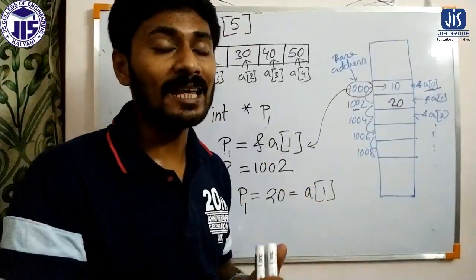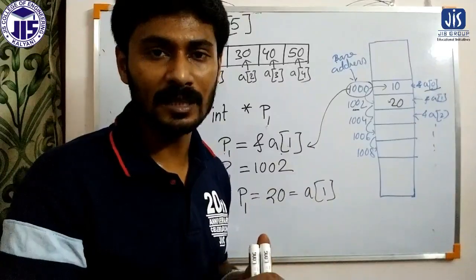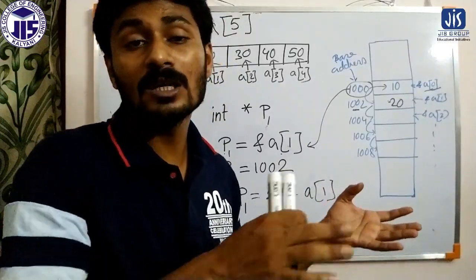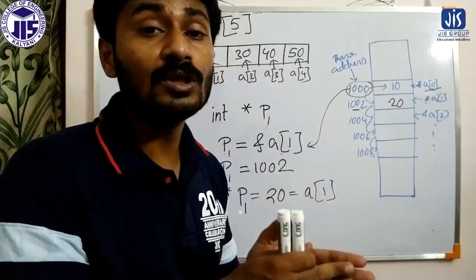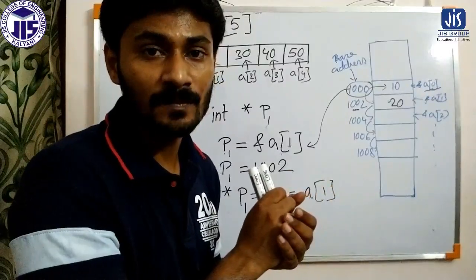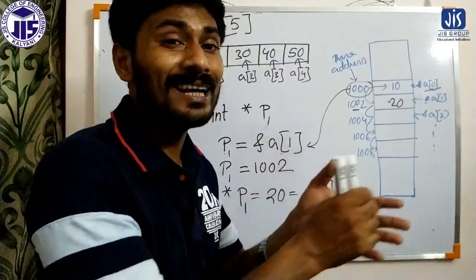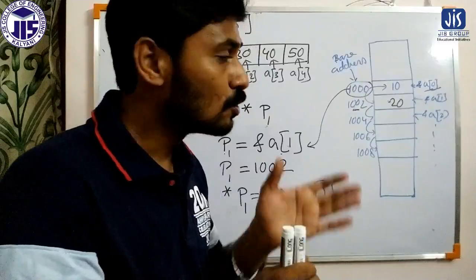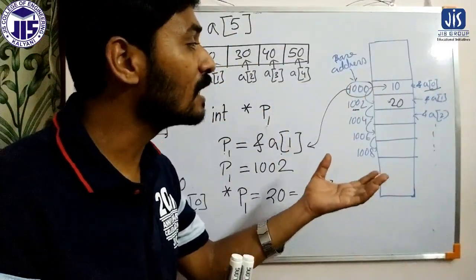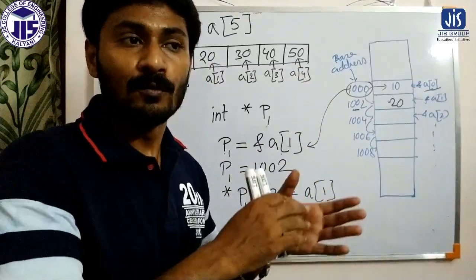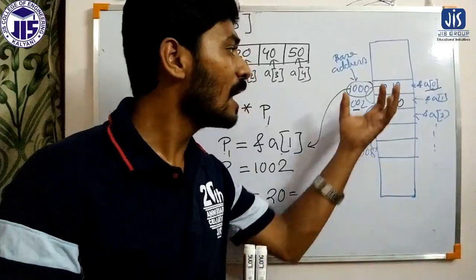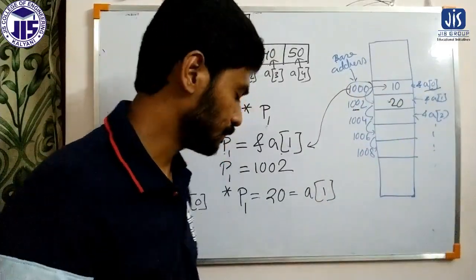Now if there is an array which has 1000 elements, how will it be possible to declare 1000 different pointer variables and store the individual addresses into those pointers, and use them to access the elements? That is not possible. So we have to find a different way. I will show you now how, using only one pointer variable, without declaring a number of pointer variables for different elements of the array, we can access all the elements of the array.